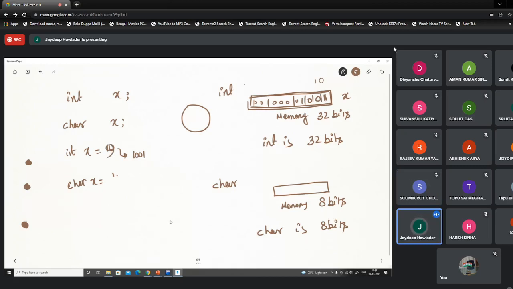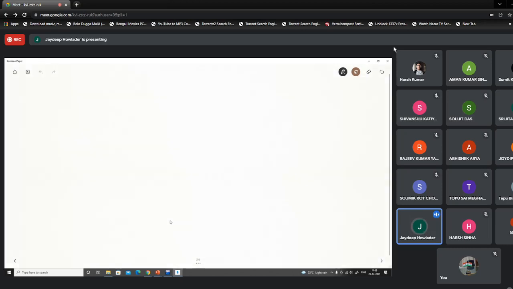Instead, if it is a character 9 here, then what will be represented? Shall it store 1001 here, or something different? Sir, it will store the ASCII value of 9. Yes. Okay, so it will not store this. Rather, we have a coding mechanism. As a character is 8 bits, there are 256 possibilities. Let me go through these things.